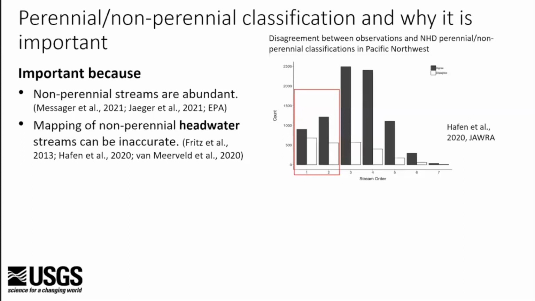So along the x-axis, you have stream order. The lowest stream orders, 1 and 2, are our headwater streams that extend the highest up in the headwaters, up on the hillslope. This is just a distribution. And you can see that in the first and second order streams, we have way more disagreements compared to the other. As we move down the river network into these higher order streams, we generally have those observations working out. So we're getting it half wrong, especially in these headwater systems.